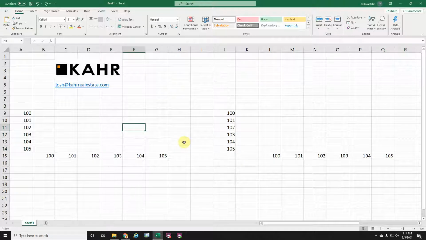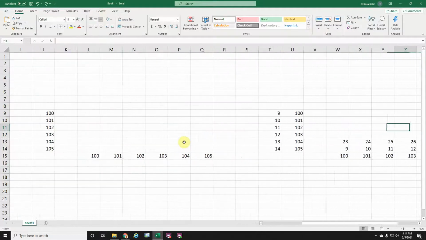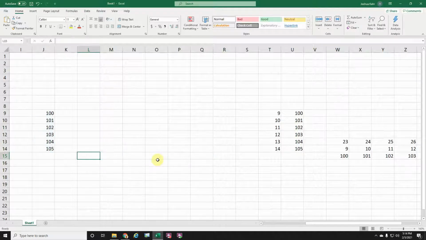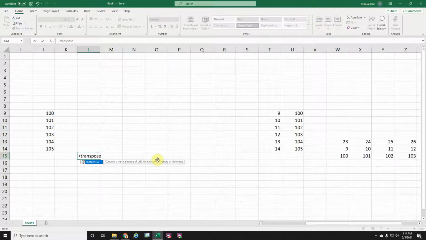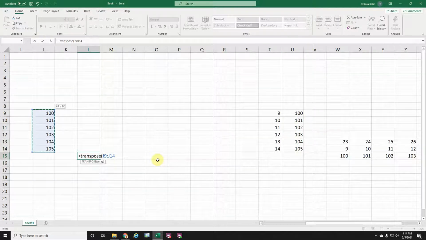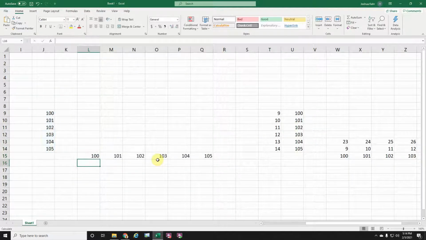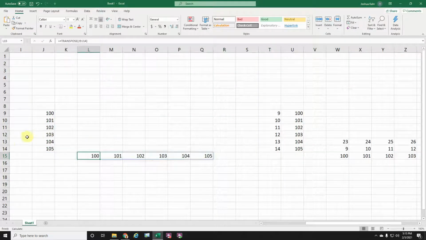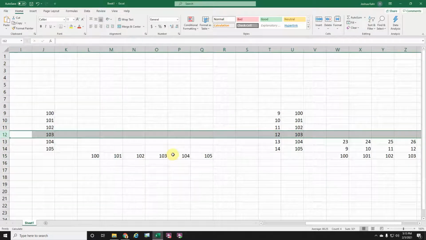There are two ways to handle it. One is elegant and the other is ugly. Let me show you elegant first. The elegant one is so simple you wonder why you never used it before. The elegant way of doing it is if you just simply use a transpose function, which literally is just doing equals transpose, open parentheses, those cells, J9 to J14, press enter, it autofills it. And now what's nice is if I delete 103,